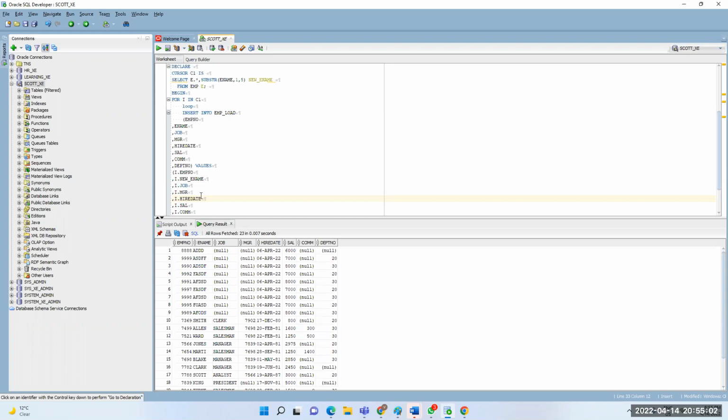What is the reason for creating a cursor? What is the job of a cursor? It's not a kind of pointer actually. In which scenario do we need a cursor?